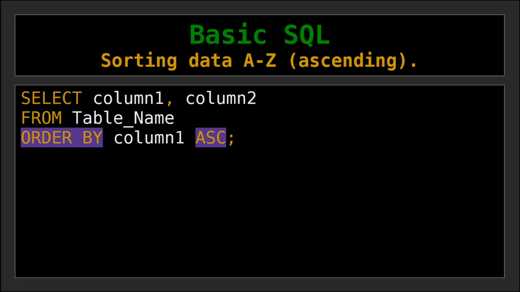Then a very practical thing you need to do, especially when you want to create a report that you want to save later, is sort your data in some aspect. The way you do that, in the syntax you're looking at, is: select column 1, column 2, from a table name, some sort of table, and you want to order the output, meaning say A to Z,